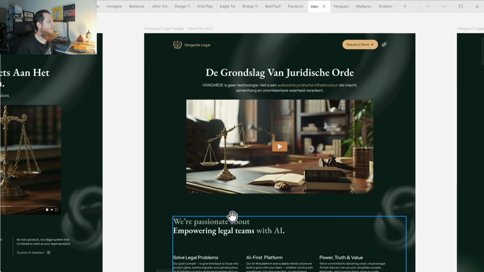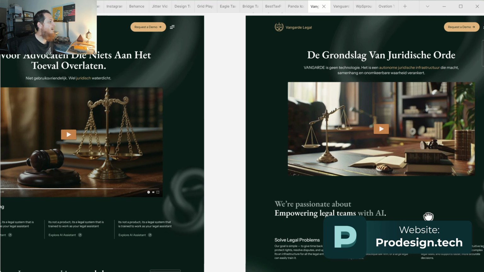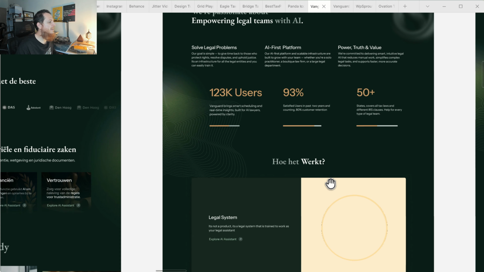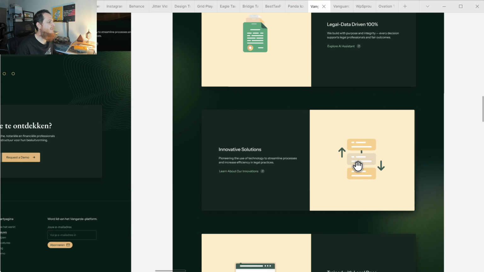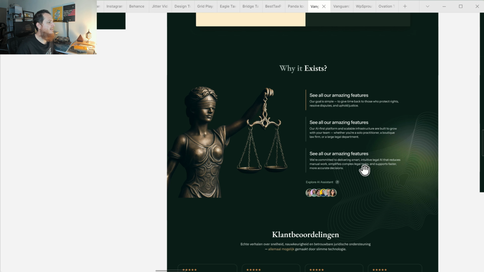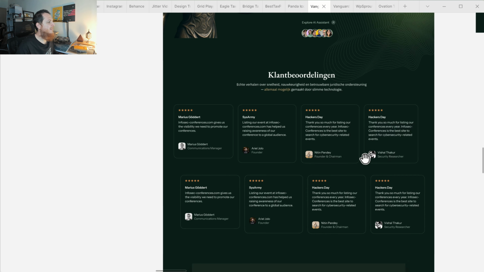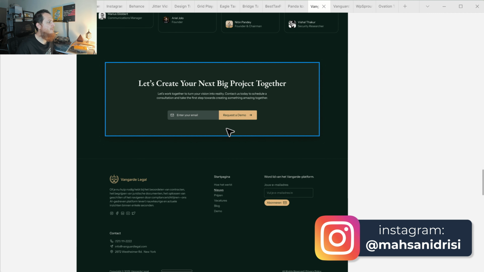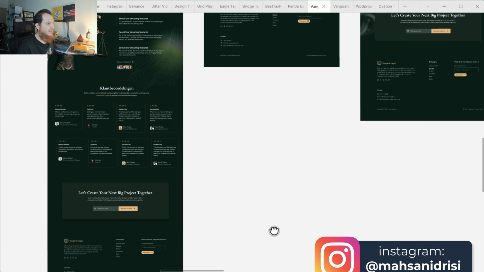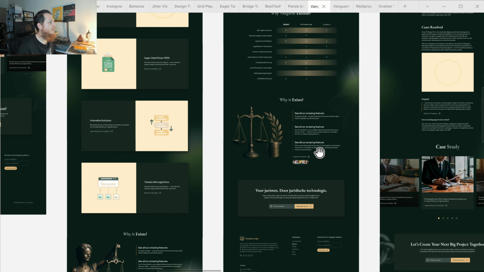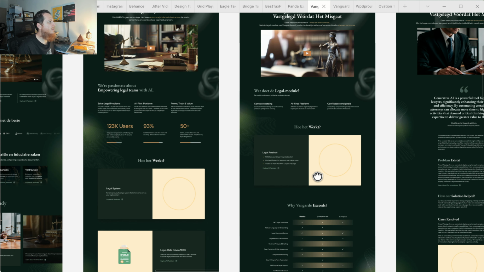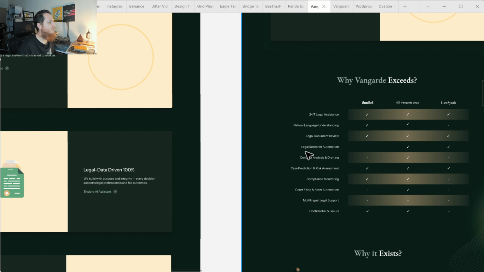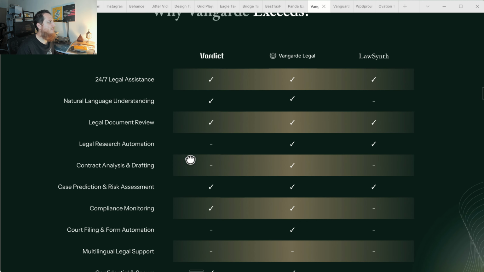You can see, this is basically an about us page. No, this is the legal page. You can see here we have different sections. Here another section, here another section which is reviews. Here is the same bottom call to action. Let's see more pages over here. You can see over here we have another one which is a legal page. How it works is the same. You can see this is actually another one